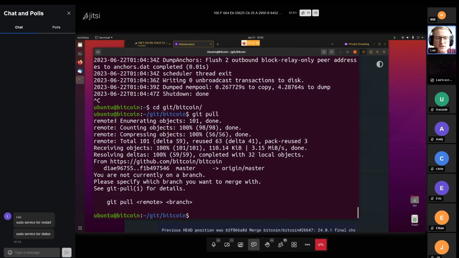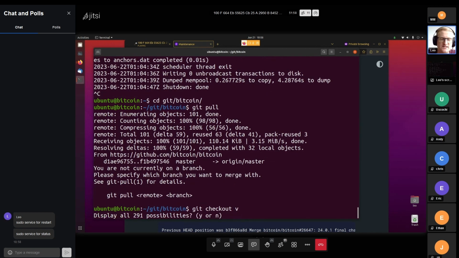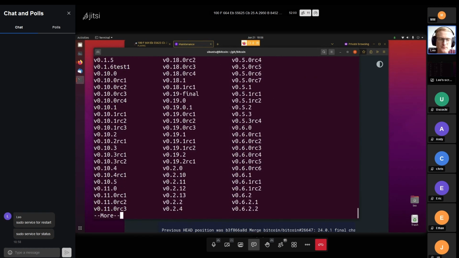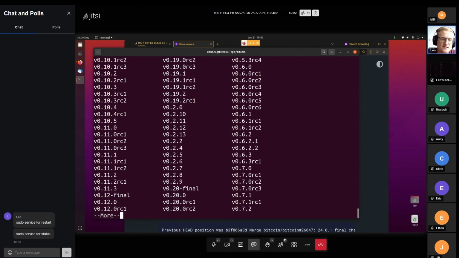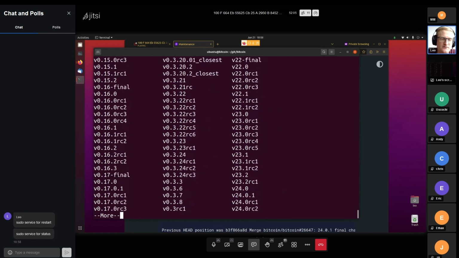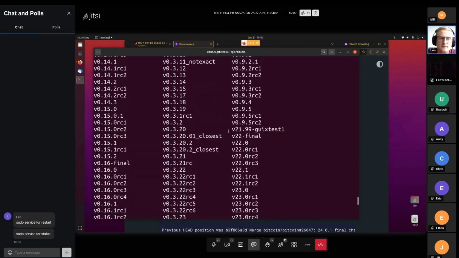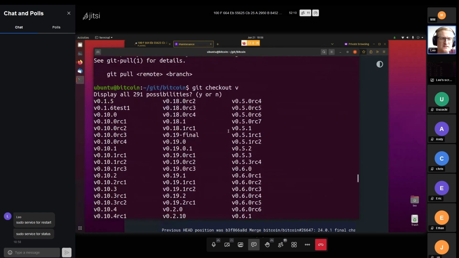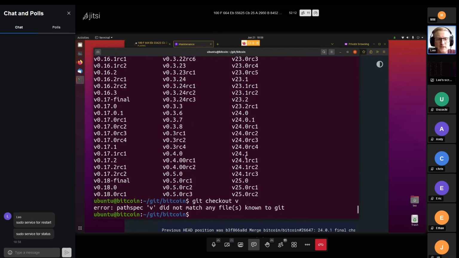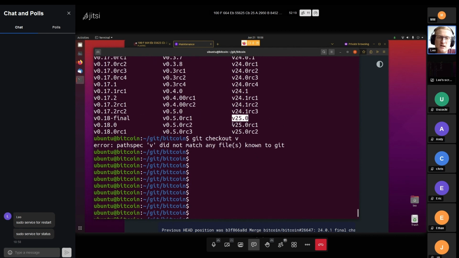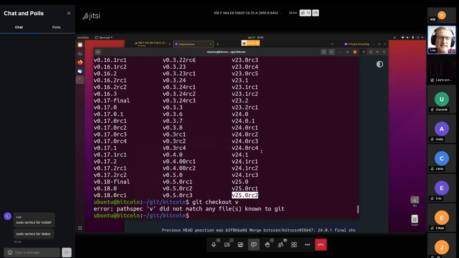And if we want to get version 25, we need to git checkout. And here, just by pressing tab, we can already see all the options that we have. These are all the Bitcoin versions that have ever been released. And since they're somewhat ordered alphabetically, we can find the very latest here. What this means is these are the release candidates. RC stands for release candidate, and in the